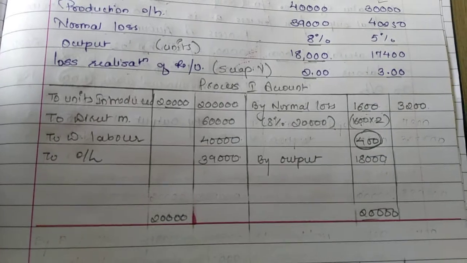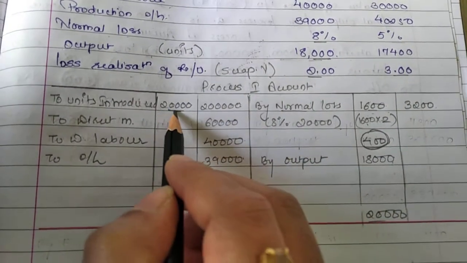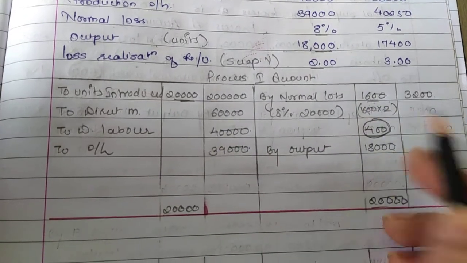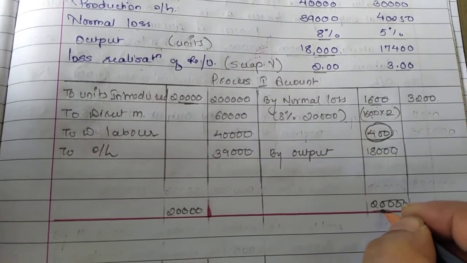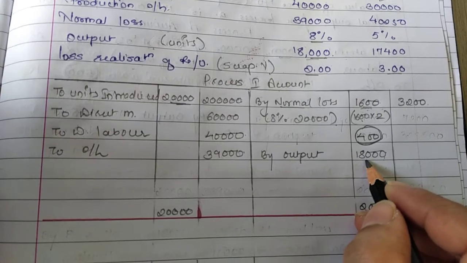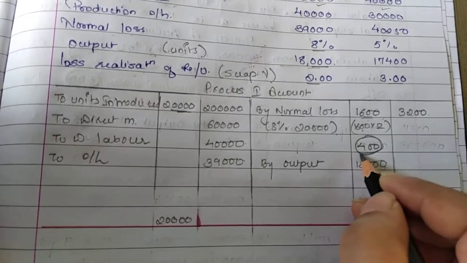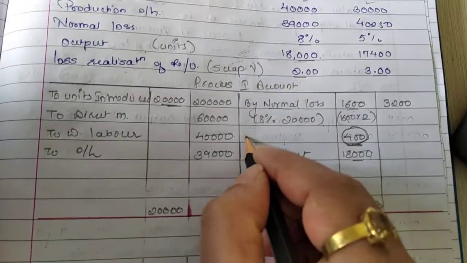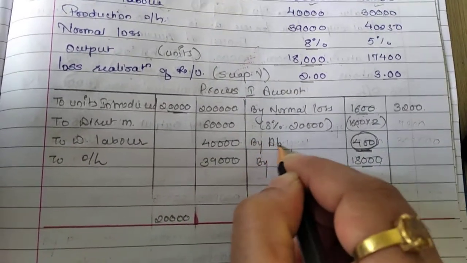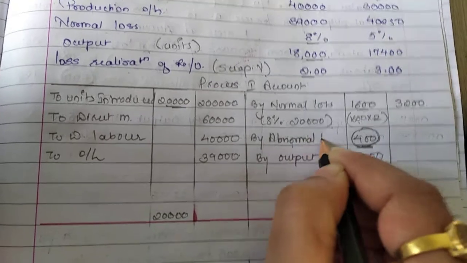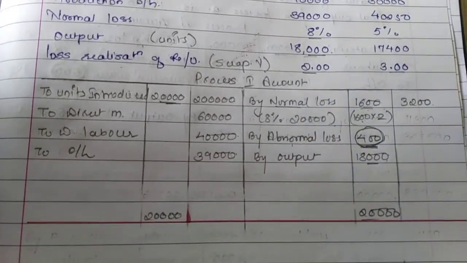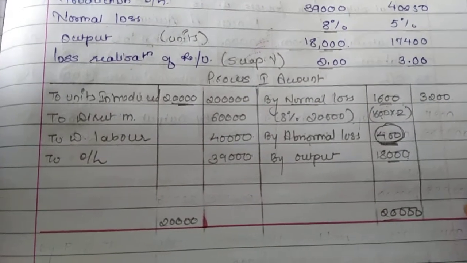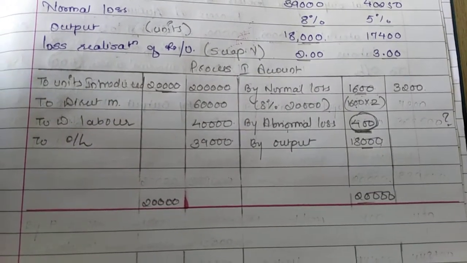Now from where have these 400 units arisen? I have already used the material for 20,000 units. Okay, 1,600 was a loss, but still my final output was just 18,000. Okay, so from where did this 400 come? Now this 400 is my abnormal loss, the extra loss I have incurred while carrying out my process of 400 units. But what will be the rate per unit? How will I calculate this?